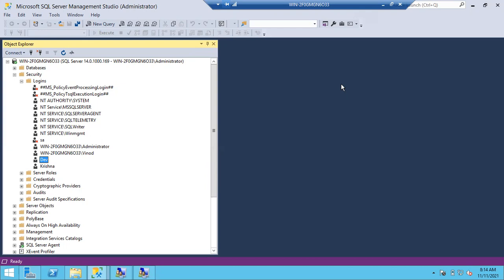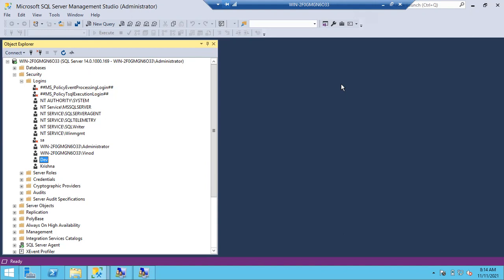So we are going to encourage group logins only, to save time, instead of creating 10 logins in one SQL server. Once we create a group login for the SQL DBA team, if someone joins the team, instead of creating a login for them on all the servers, we'll simply add that person into the DBA group. Automatically this new person will get access to all the SQL servers. Got it? Clear, everyone?